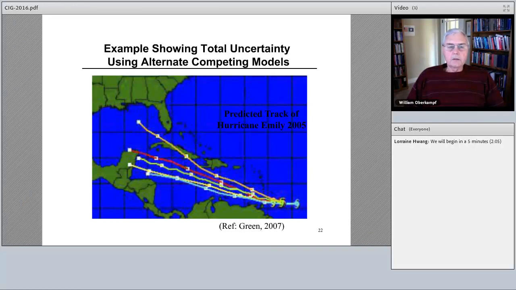This is a particular state of prediction about 10 years ago with Hurricane Emily, where all of the models were predicted, and I don't know if you could see my cursor or not, but all of the models calibrated to this point in time, and then you had all of the tracks. And this is of course the best way to show instead of some sort of cone, but these are the individual predictions from individual models. And this is a very good way of letting the customer, you could be a homeowner, you could be trying to predict flood controls or whatever you want, see how uncertain it is.